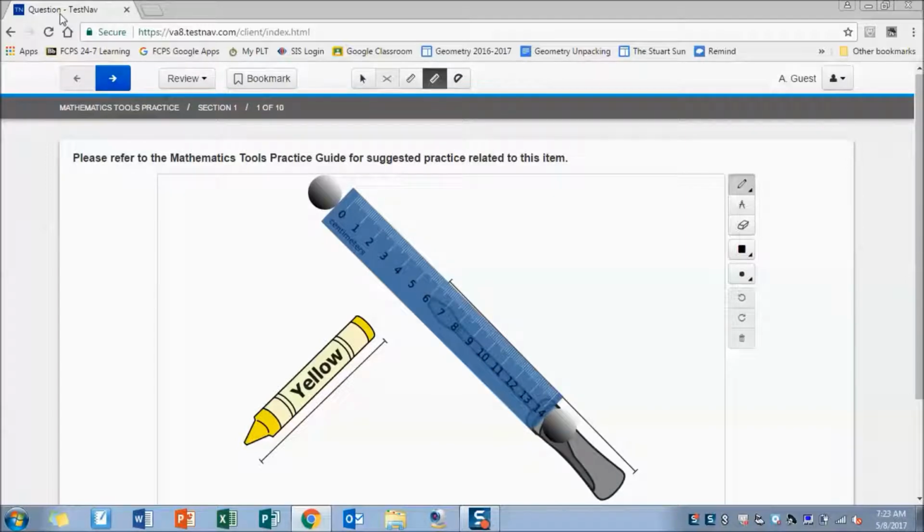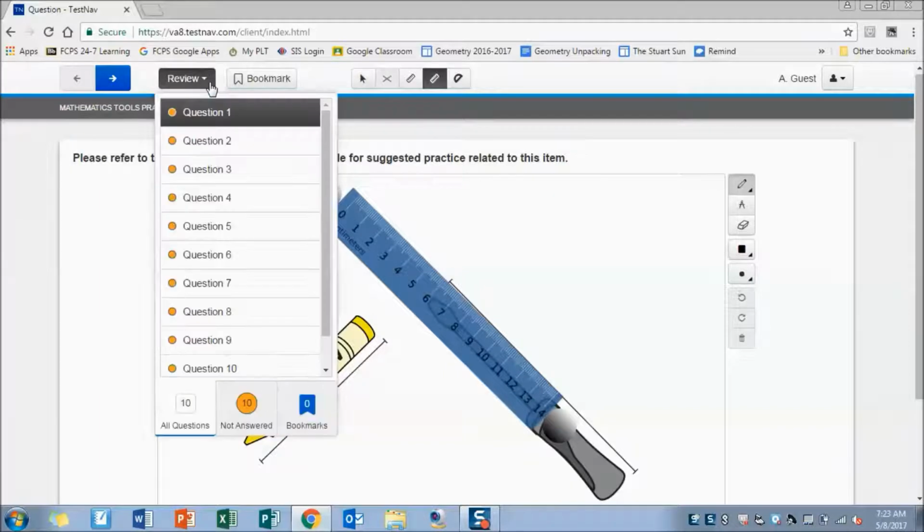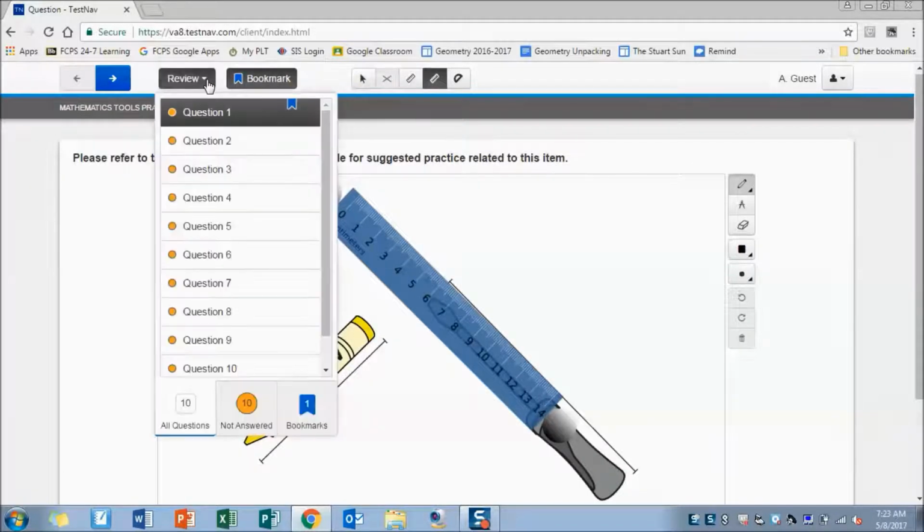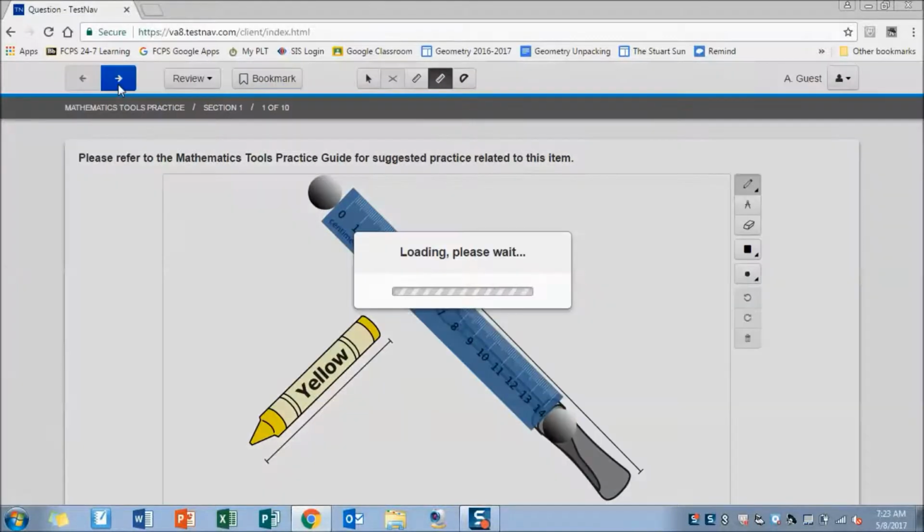So up here you can click the arrows to go between questions. This is your review button, so you can mark questions for review when you hit this bookmark button. So if I bookmark this question, then you see I've got a little bookmark on it for me to come back to. Alright, so moving on,